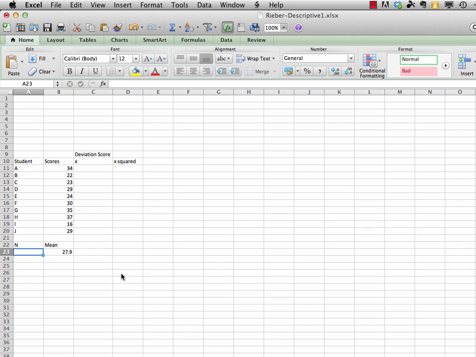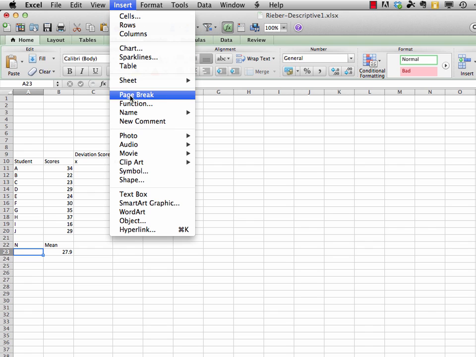Press return. Now there's a very handy Excel function that will count up how many cells have data in them, and the function is actually COUNTA, and there are several counting functions. So let's use this. Now let's go ahead and explore how to insert a function the long way in Excel. Let's say you didn't know what the function was and you had to do a search for it. So if we go up to Insert and come down to Function,